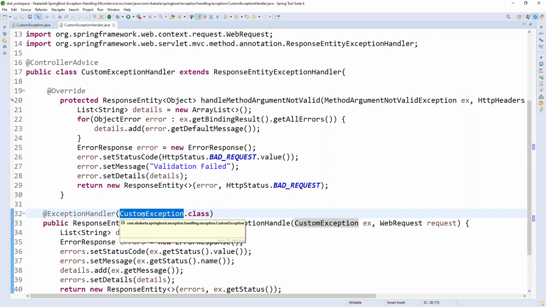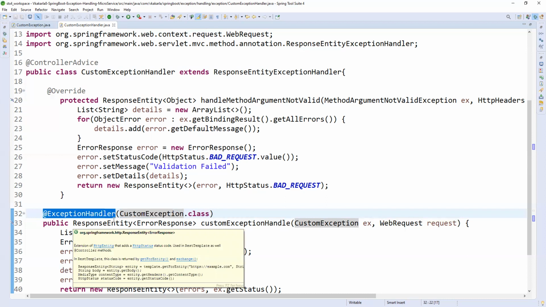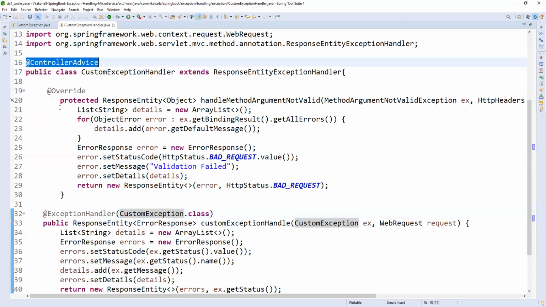Obviously, we are creating a custom exception in our classes wherever we require. Why? Because we already have a custom exception class, right? Wherever it is required, we create the custom exception and simply throw it from the creation place. So controller advice will catch that exception and delegate it to this exception handler, which will handle each individual exception propagated by the controller advice.